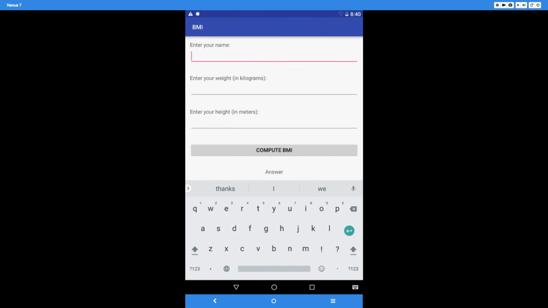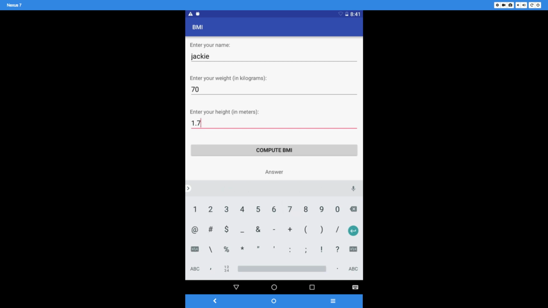Okay, so now you can see that this second version of the app we have developed is now launched again. The previous version, the first version, was with the view only. Now the second version is where we got the controller partially implemented, and now we only retrieved the information for name, weight, and height without doing any computation. Okay, let's just get a feel how this will run. Enter your name. Let's say the same, Jackie over here, and then enter your weight. Let's say 70 kilograms, and then the height, let's say 1.7